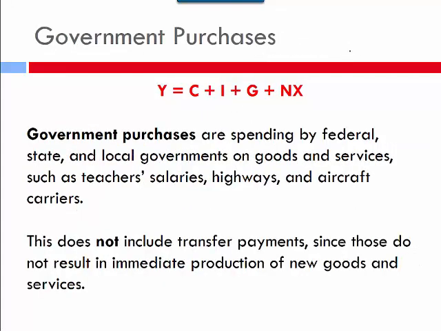But the government purchases is the third one. And so this is spending by federal, state, and local government, so all that on goods and services. It does not include transfer payments, since that's not related to the immediate production of something. Okay, we're moving it from one group to another, but it doesn't mean anything new has happened. Nothing has been created or done to create any kind of new production, so we don't count that. So if you receive an unemployment check, that's not part of government spending. But if you work for the government and you get a paycheck, then that is considered part of it.